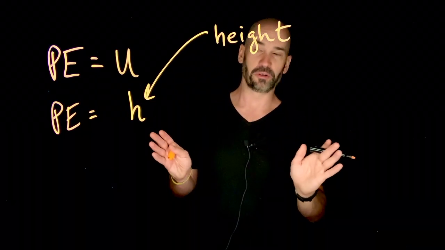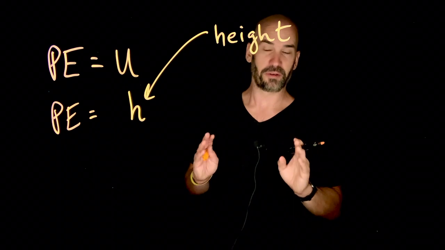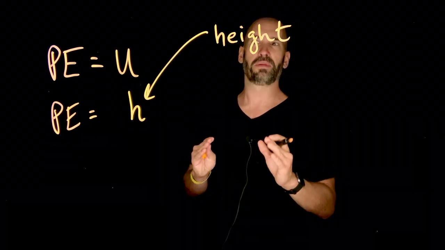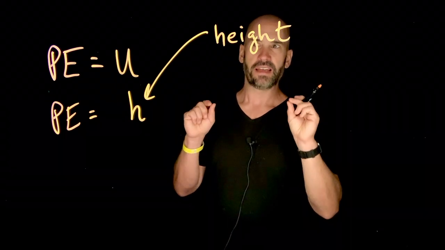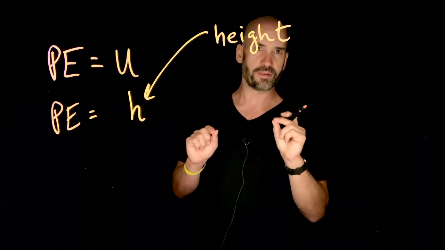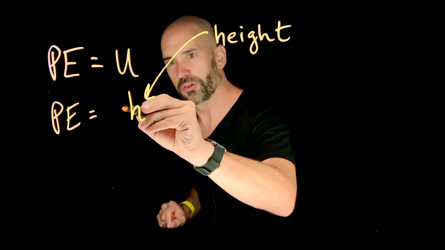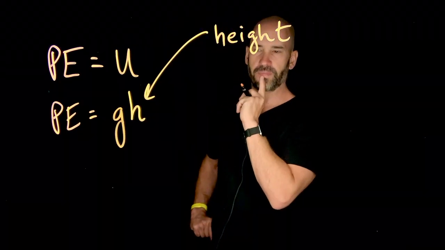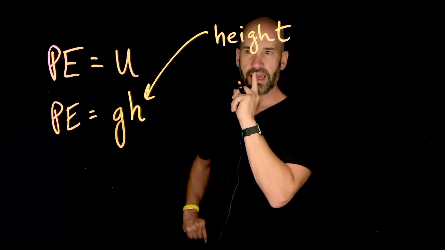I mean, eventually you'd gain enough velocity where it would be a pretty painful impact with the ground. But it does imply that gravity must have something to do with how much potential energy you have, and that is true. So the acceleration due to gravity is a determining factor of potential energy, okay?